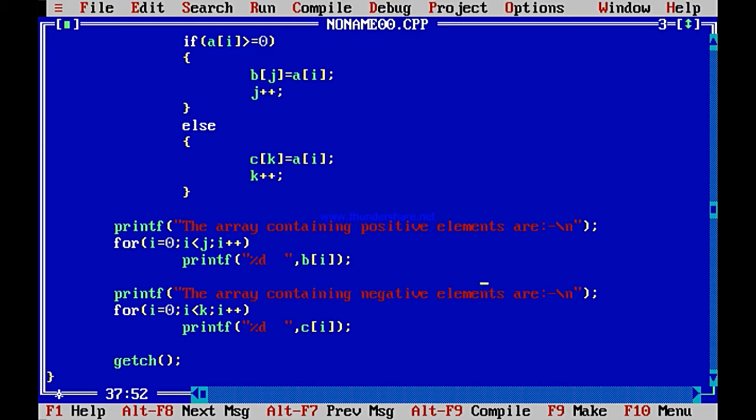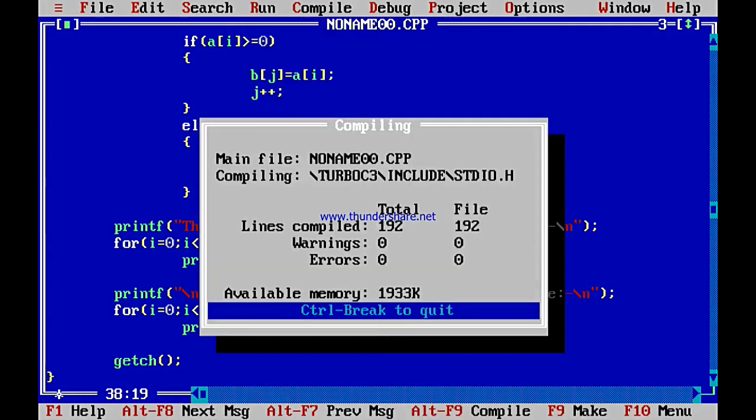And another thing you should remember over here, once these arrays have been printed, here you have not given this \n. So even after printing the last positive element, it has not gone to the next line. As a result, this printing starts from the same line. So you must put \n to make it proper. Run it now and check.